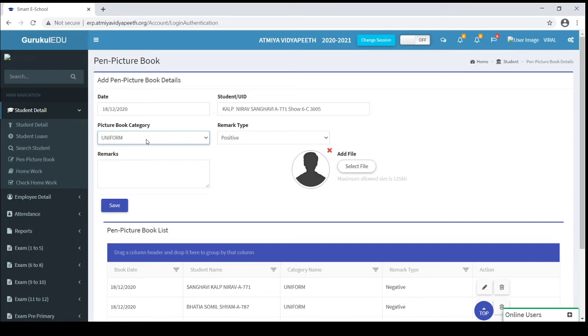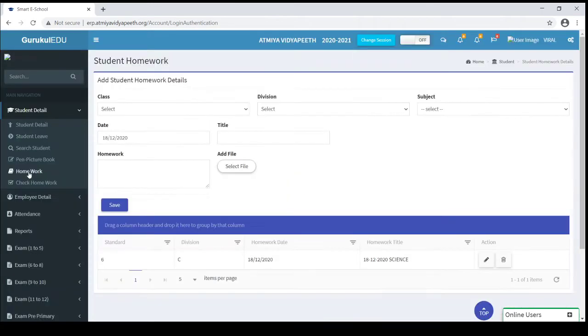Next, we will see our homework module. Here we can see the teacher or class teacher can send homework to the students. Here we can see this user has just the rights of standard 6 division C. He can select the subject for which he wants to send homework, select the date, and give the title and homework detail.